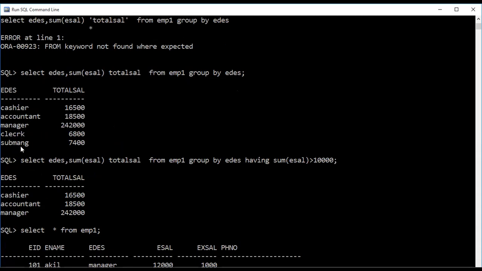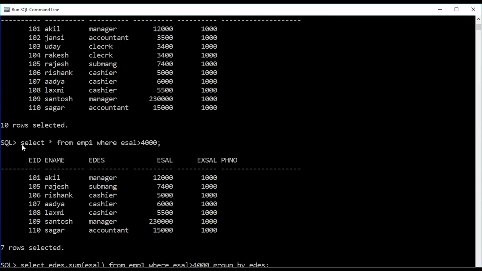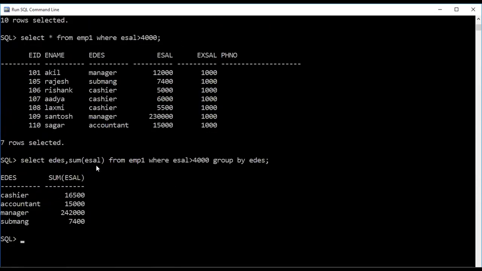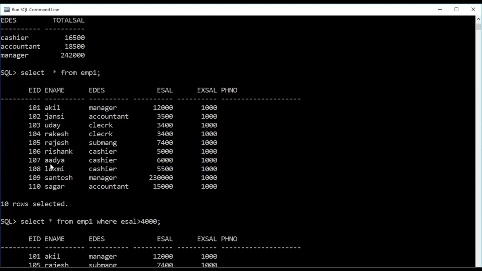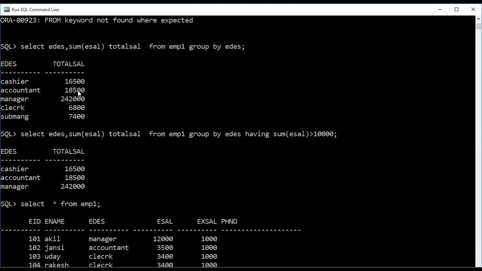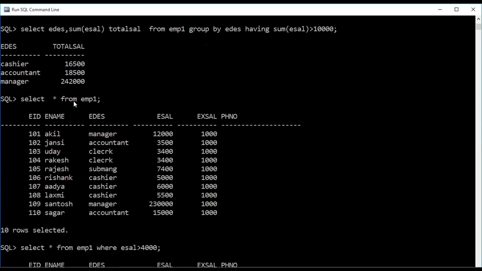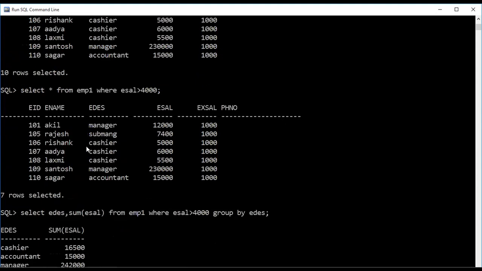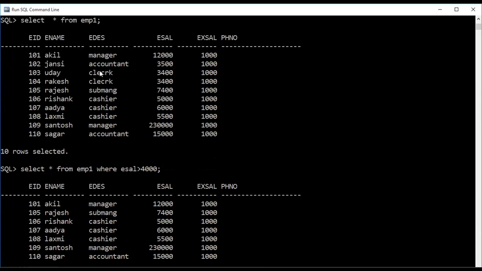Clerk also you're getting, sub-manager also. But come back to here. What are you not getting here? Accountant salary is 15,000 only, and moreover clerk is not there. But accountant salary there is 18,500. That means when you select employees with salary more than 4,000, one accountant salary of 3,500 is not included in this table.